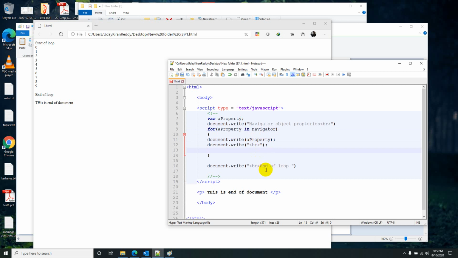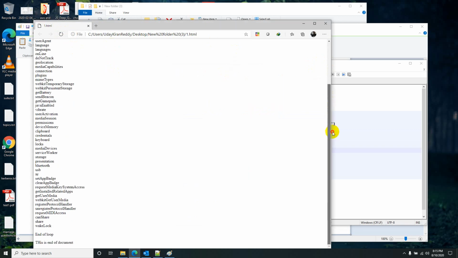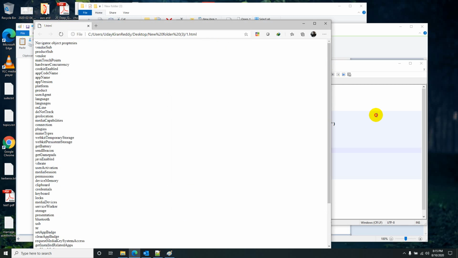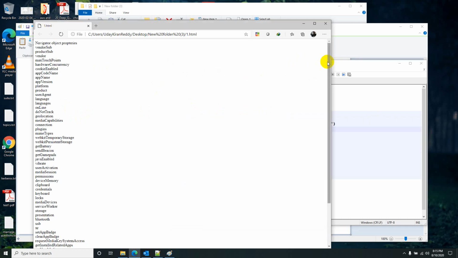At the end it will be the exit of the loop. So let me save this and click refresh. You see, these are all the properties available in this navigator object. One by one got printed because I am iterating through this for loop. In the first iteration it will be navigator object vendor sub, second time it will be product sub, like that.